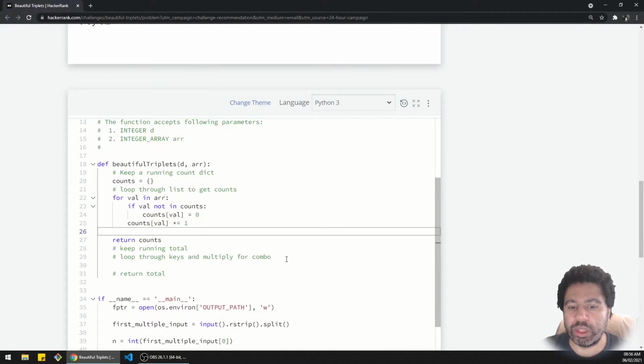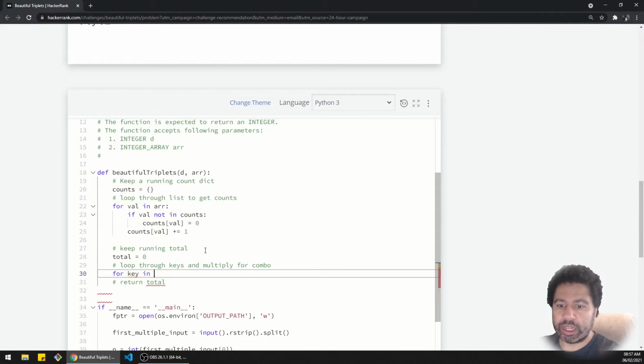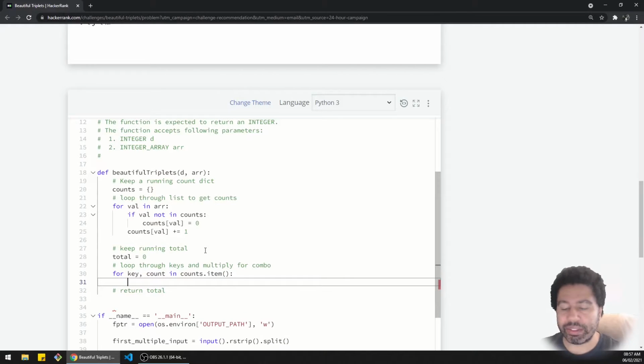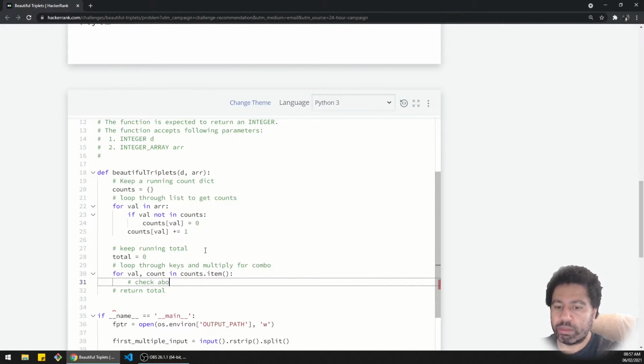We're going to then go through the keys and do a lookup to see, okay, if I add and subtract D, are they there? If they are, then we have a triplet, and then we just multiply those counts together because that gives you the combo, and then we add that to a running total. All right, so let's do that. Total equals 0. Technically I can also get the count out here, so I can use dot items, so I can get both the key and the value. All right, so I guess we could say this is also the val, so I can call it what I called it before. All right, so check above and below